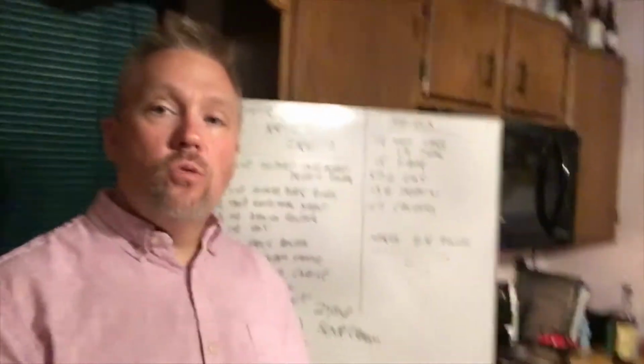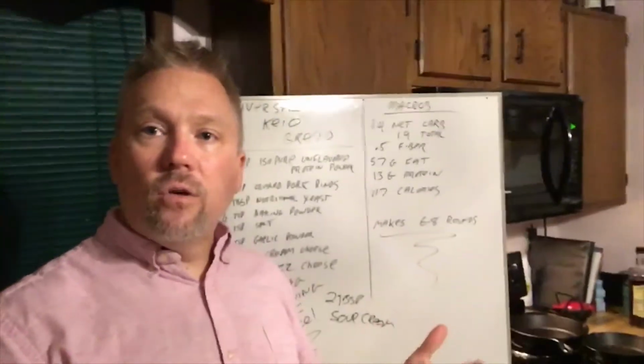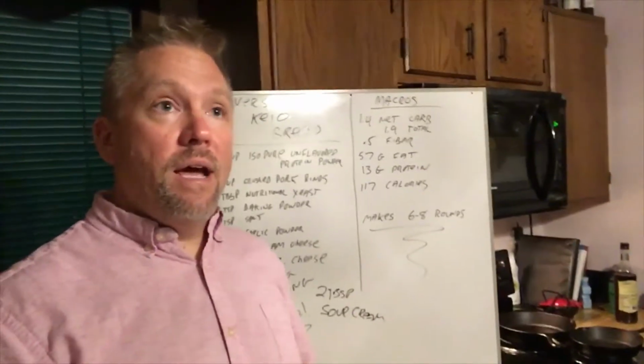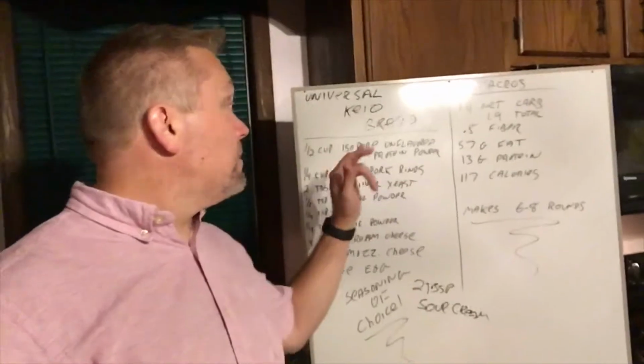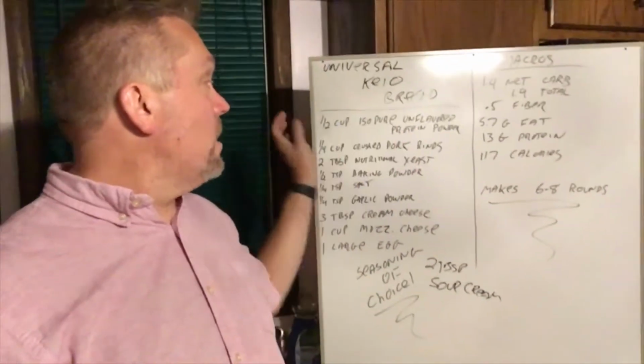But I was using that to try to make a uniform sized pizza crust, and I noticed it was coming out a little bit bread-like, so I started to tweak the recipe a little bit, and I was really happy with the results. The ingredients that you're going to want to use, and I apologize for the glare, is going